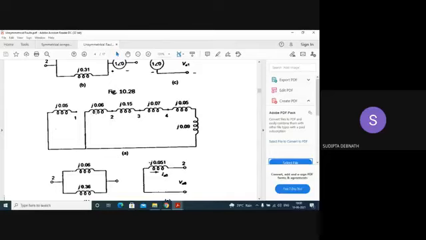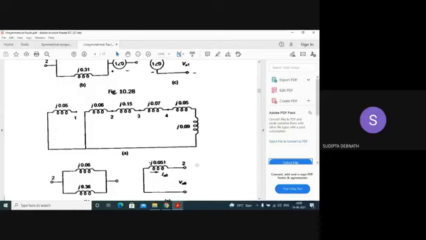What will be the impedance? This side and this side will be connected in parallel. You need not consider this 0.05. Be careful because this is open. Why is this open? This will depend upon the transformer connection. So this one and this one will be parallel. So the equivalent network will be like this.